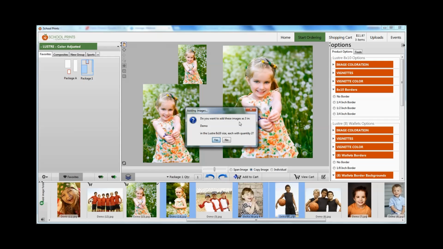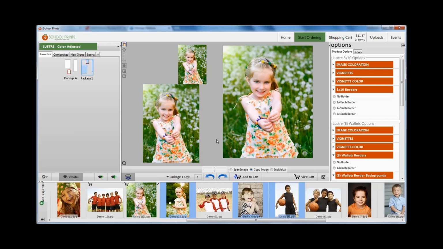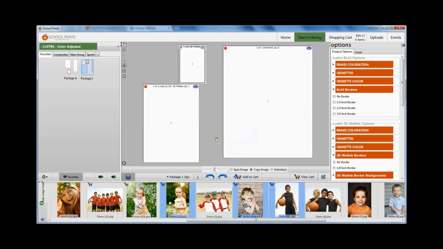And it says, do you want to add these images? There's 3. So now I've just added 3 packages. As soon as I click yes, I've just added all of those. So if we go to my cart,